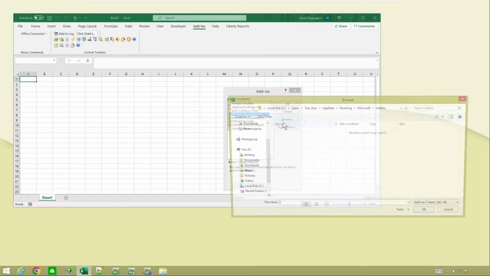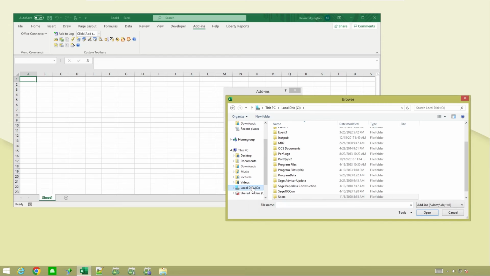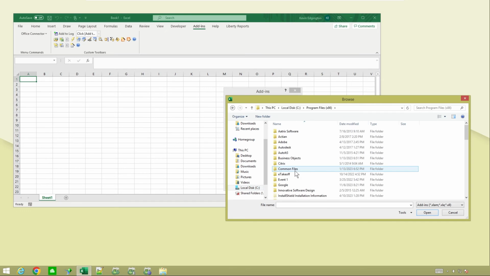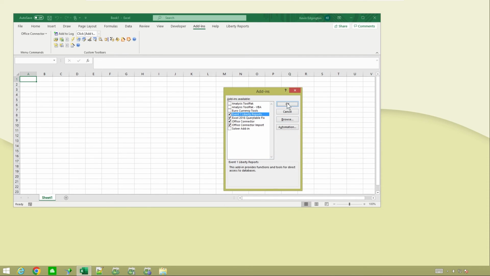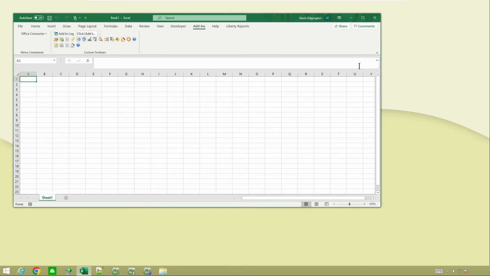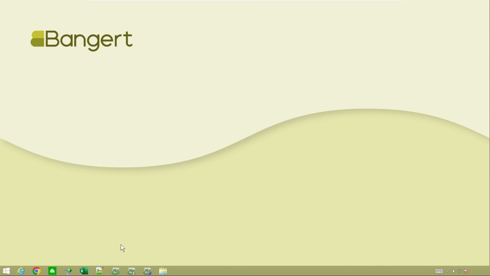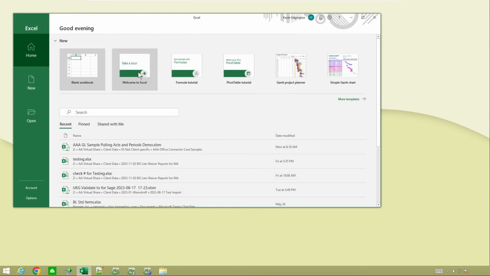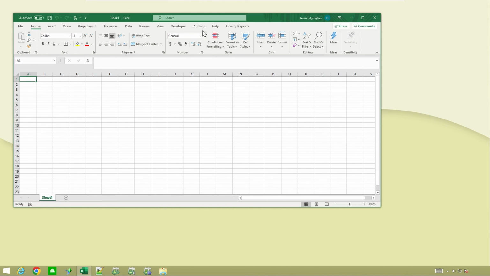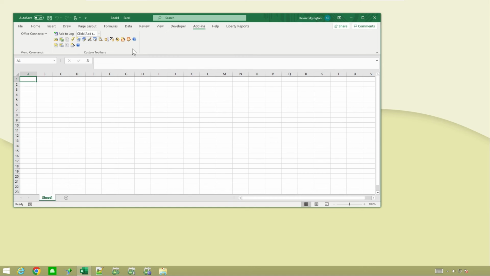And then the last one, some may not have the import functions. A lot of cases, most people install it when they install everything else. So I always tell it to go ahead and add all three of them. So the next thing I look for is the Event 1, right below it, Office Connector import, my XLA little add piece there. And then once I get done, I should be able to say okay to accept it. Close down my Excel. Reopen my Excel. And then you should have your add-ins buttons.